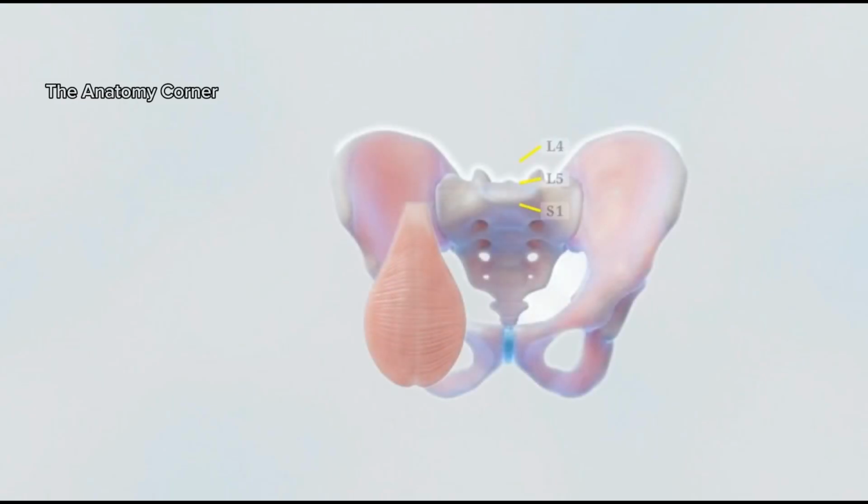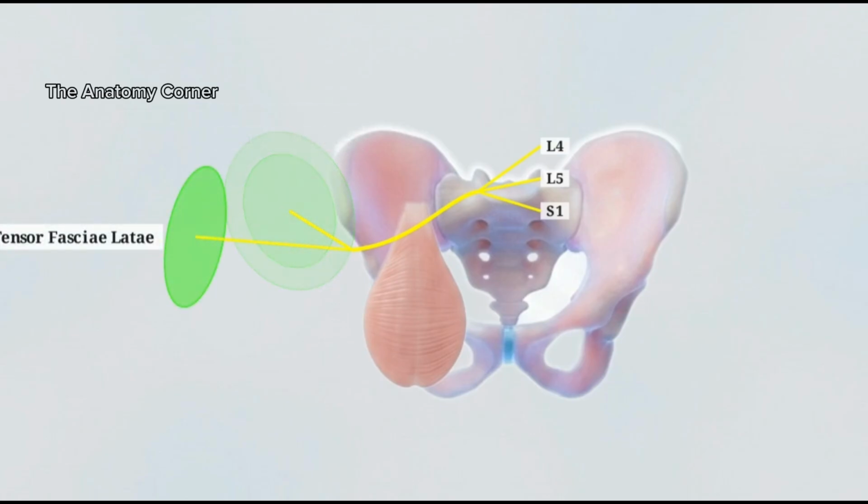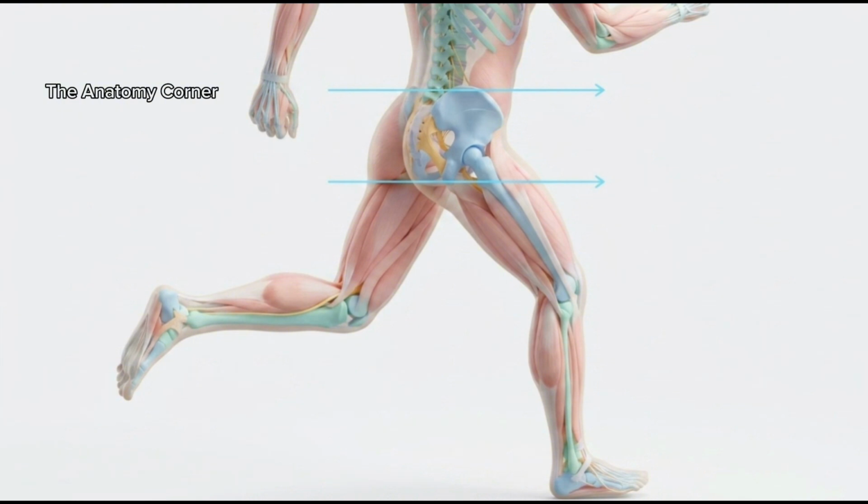The superior gluteal nerve, carrying L4 through S1 fibers, leaves the pelvis through the greater sciatic foramen by routing strictly above the upper border of the piriformis. It travels to the gluteus medius, the gluteus minimus, and tensor fasciae latae. These muscles are responsible for abduction and medial rotation of the thigh, making them the primary stabilizers of the pelvis